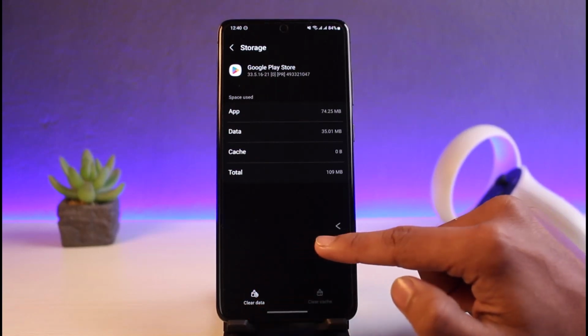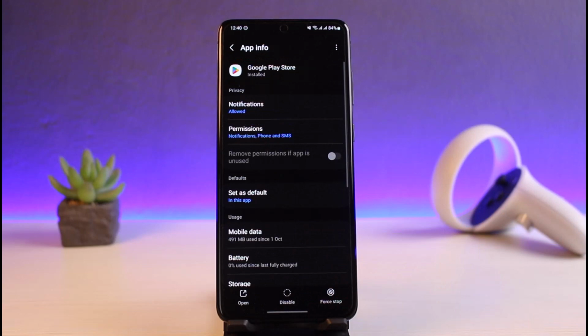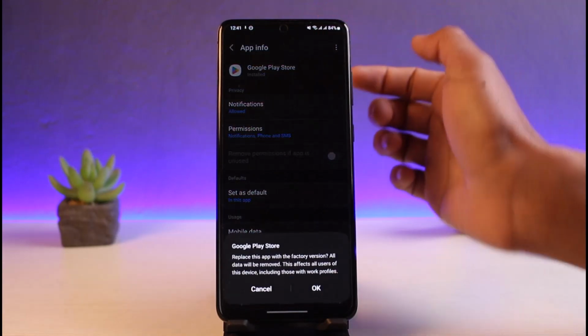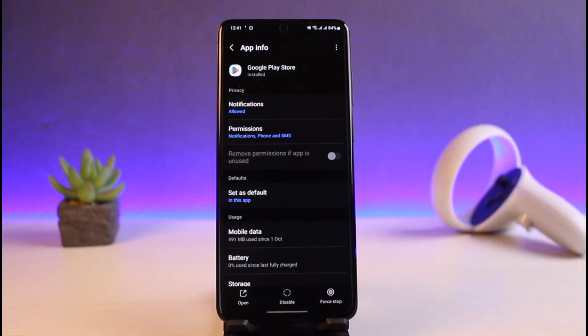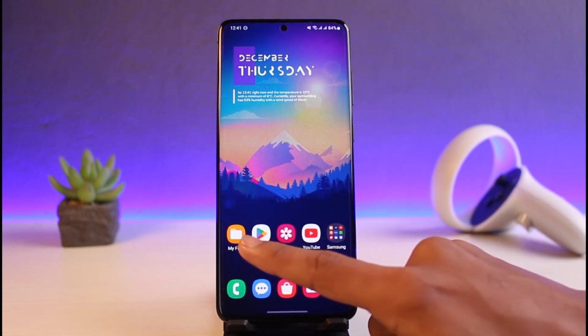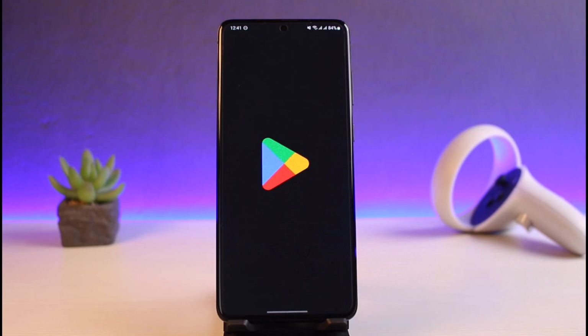If this does not help, if your Google Play Store came with the factory default version, which in most cases it definitely did, you have to tap on the 3 dots from the top right hand side and then try to uninstall the updates. Once you uninstall the updates of your Google Play Store, we are going to go ahead and update our Google Play Store again. And in order to do that, just launch your Google Play Store application